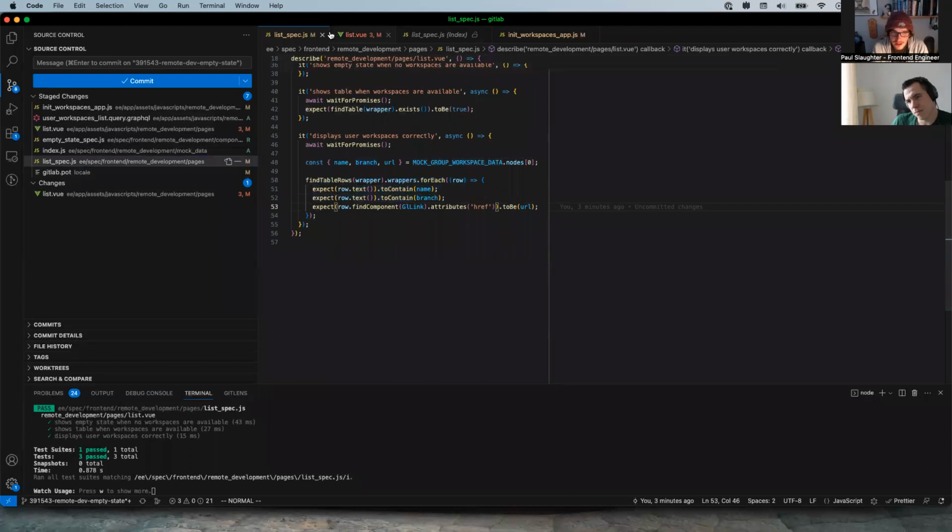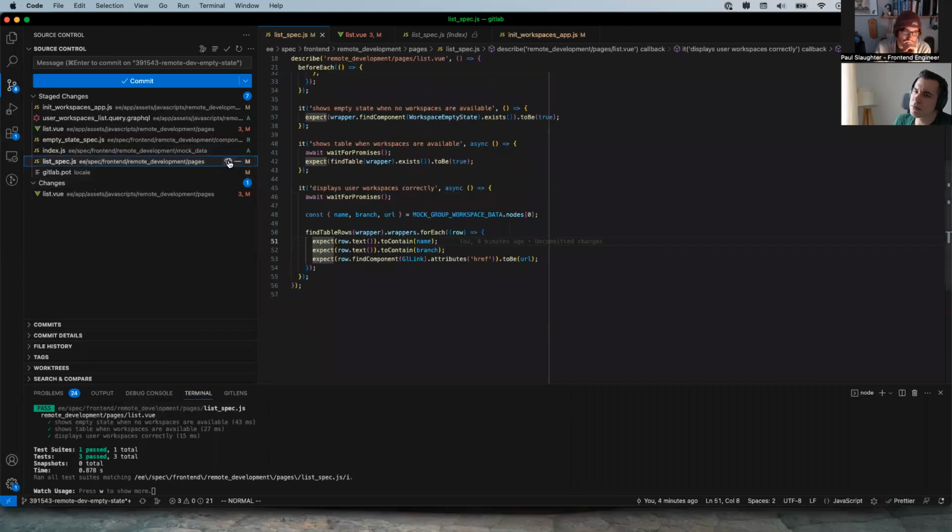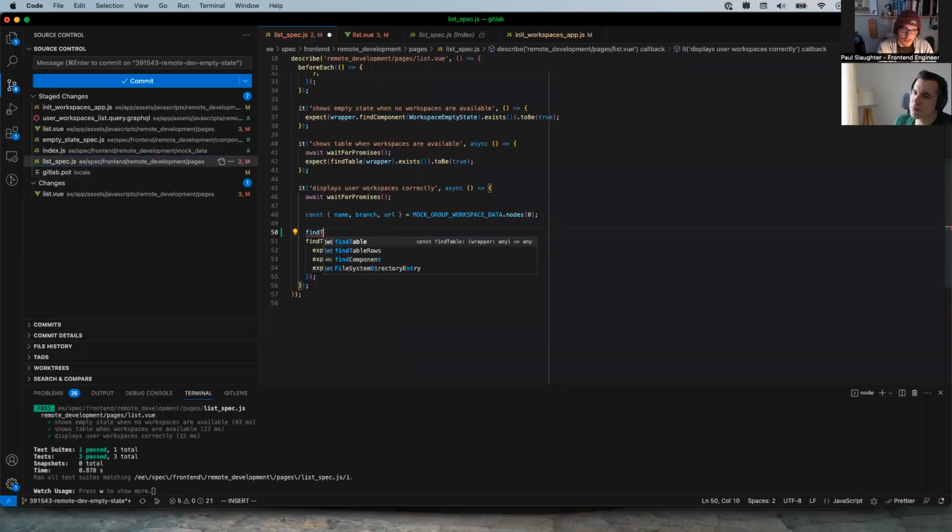But I think this is fine. Well, actually, now I'm looking at it, we don't usually do expectations in loops like this. So I think I am going to suggest that we do this thing as well. All right, and then it's time to go.